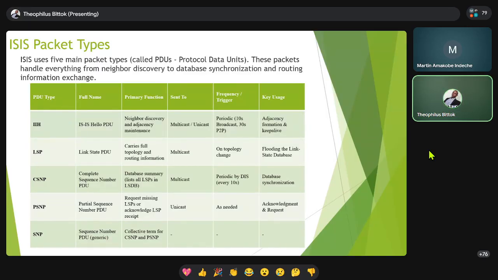You can take an LSP as, for example, like the capital cities in Africa. So you'll find that the router will be saying, okay, I know a route to Abuja, I know a route to Nairobi, I know a route to maybe Kampala, something like that. And it's going to tell you, if you are to go to Abuja via me, this is the cost. If you are to go to Nairobi via me, this is the cost. That is basically the LSP.